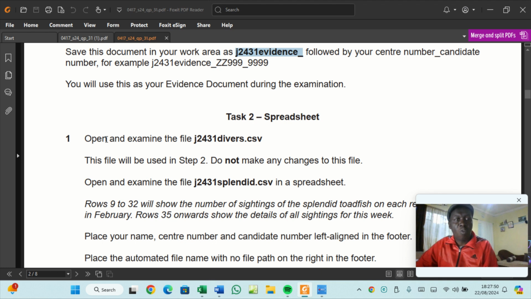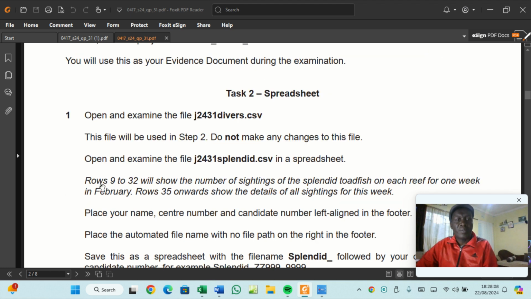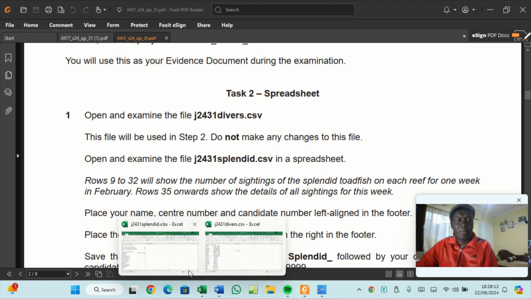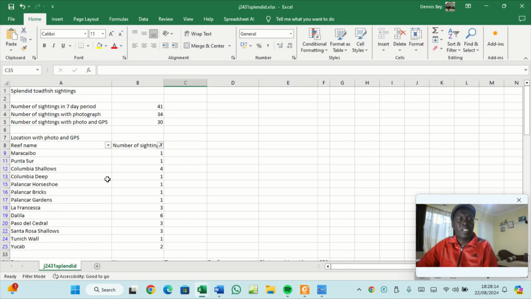Then they're telling us to open the file J2431divers.csv. This file will be used in step 2. Do not make any changes. Open and examine the file J2431splendid.csv, comma separated value in spreadsheet. And then these 2 files must be open, which I've already done. They're here. So this is the Splendid J2431